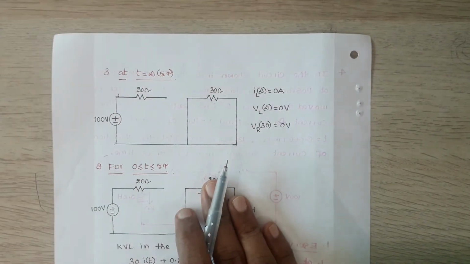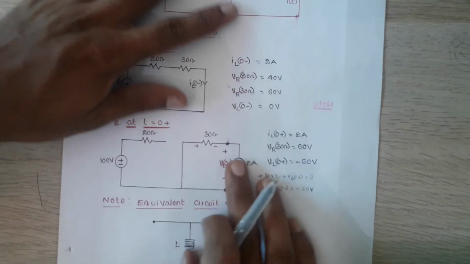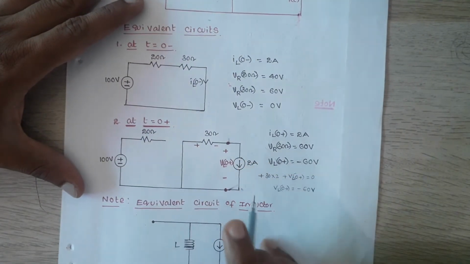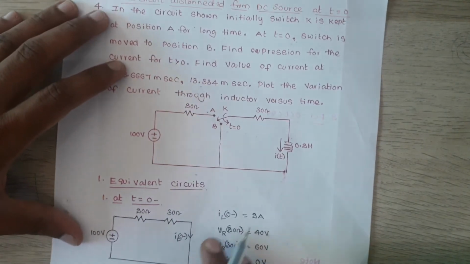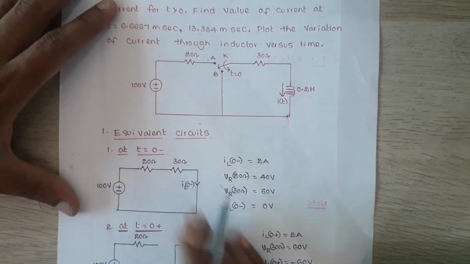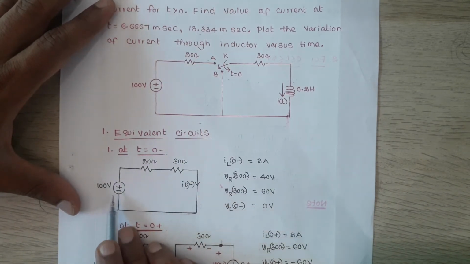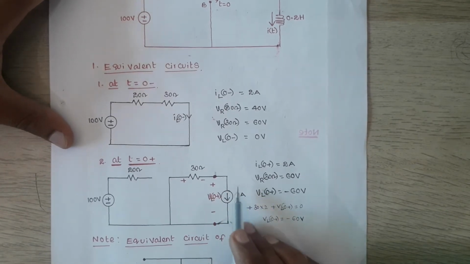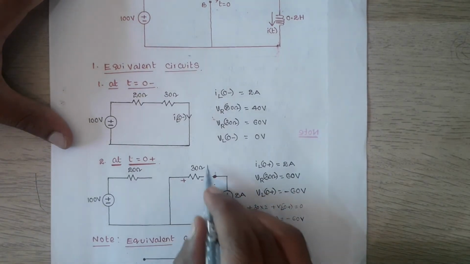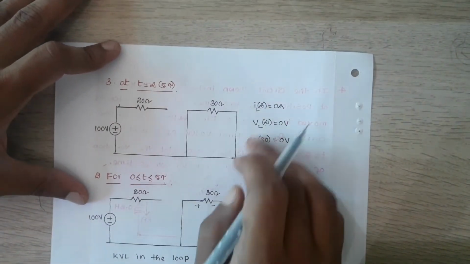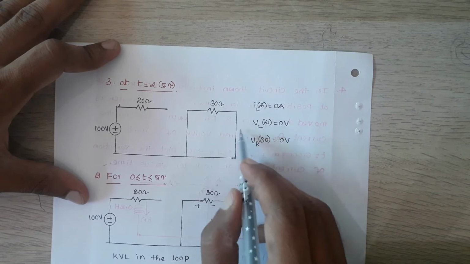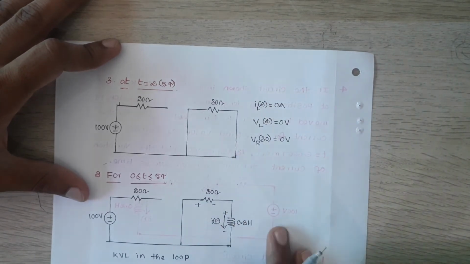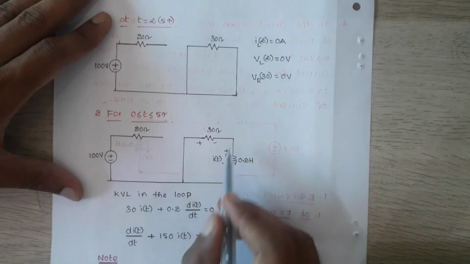So during this period, the inductor is acting as a source, as a current source. During the period at t equal to 0 minus, the inductor is taking energy from the source. After disconnecting, the inductor starts giving whatever energy is stored in it to the resistor. So at t equal to infinity, all the energy stored in the inductor is given to the resistor. Now there is no energy in the inductor, so all the values are 0. But between 0 and 5 time constants, it is a transient state.